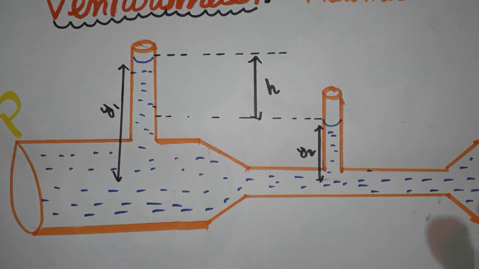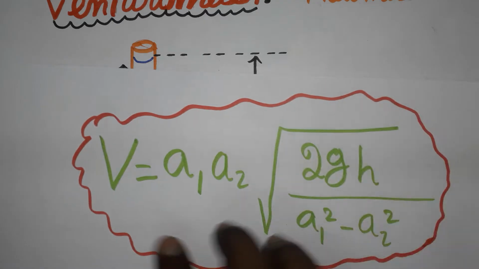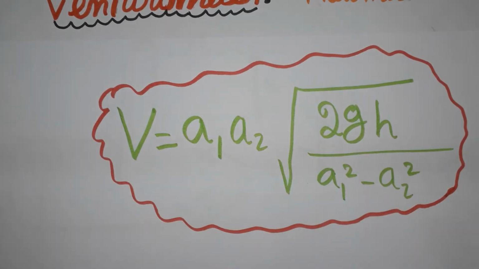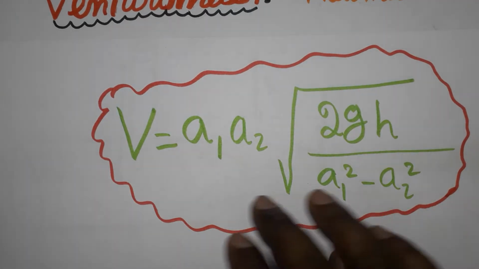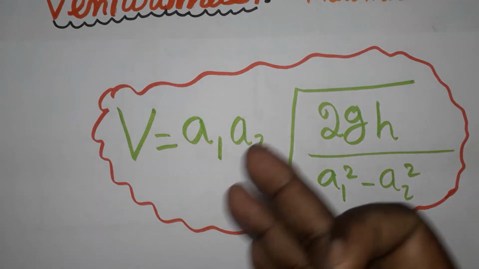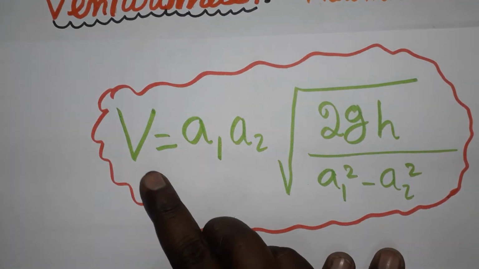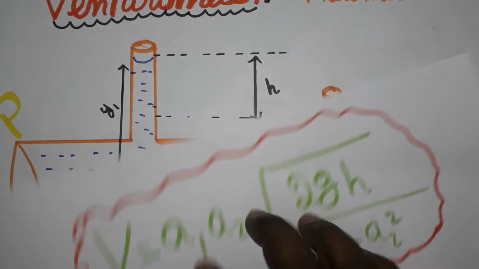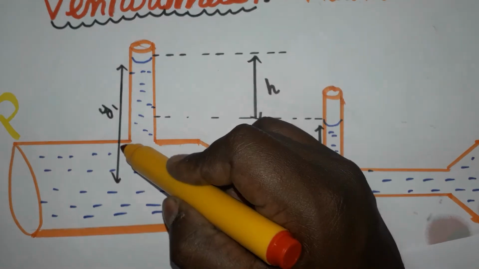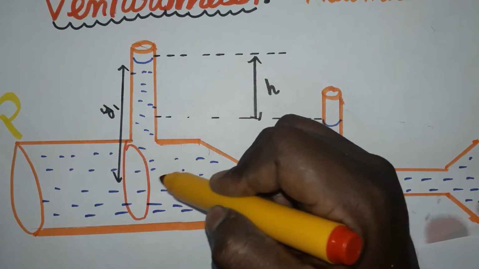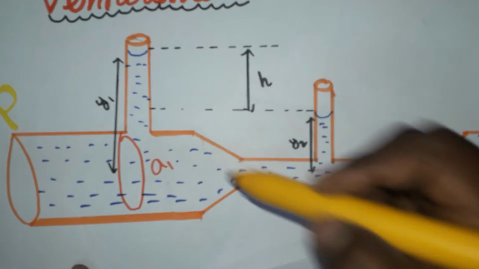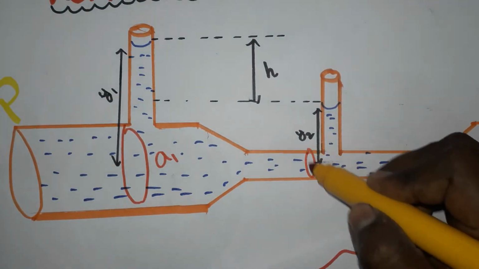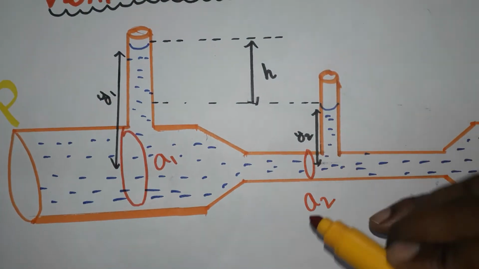So now see here, what are the points we are going to discuss under the venturimeter. We are going to prove what the volume of the liquid flowing is, the rate of flow of liquid. So the volume of the liquid flowing per unit time is equal to, it is the area 1. I have taken this area as A1, the area of the pipeline, which is a bigger area. This I am going to call a smaller area, which is area 2.